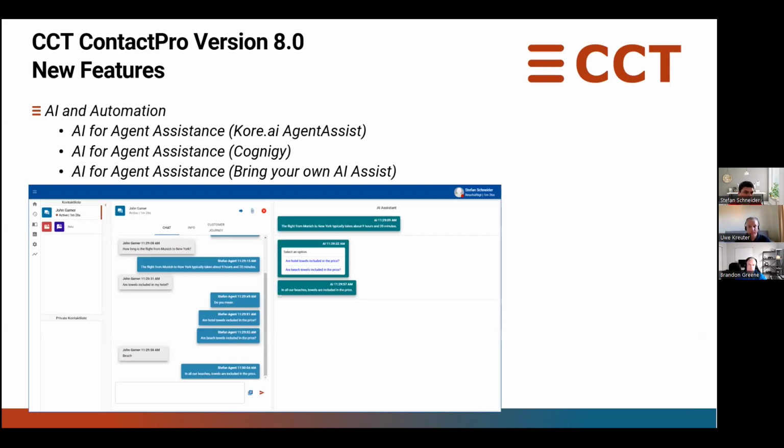We basically provide 3 different options for our customers. We are integrating with Core AI as well as Cognigy. These 2 are leading AI companies in this area with agent assist. And basically, you can use the agent assist in different modes. You can use it simply as a knowledge base. You can also integrate the agent assist with your backend systems to create automatic processes, so that the customer and